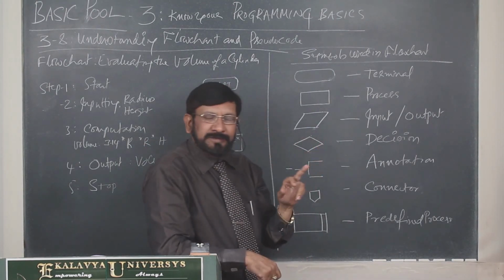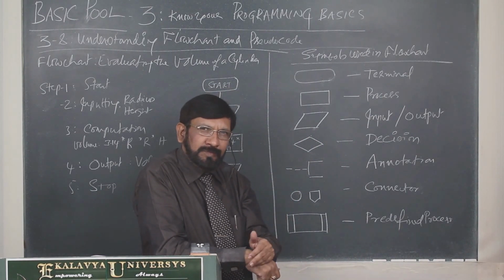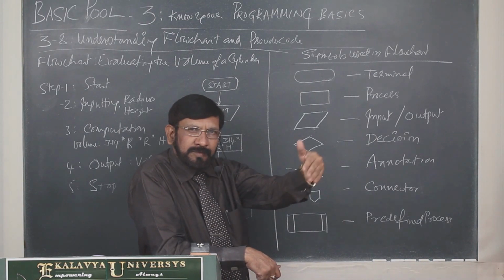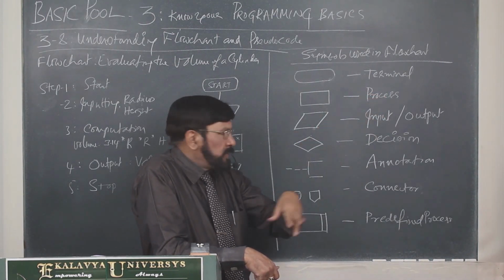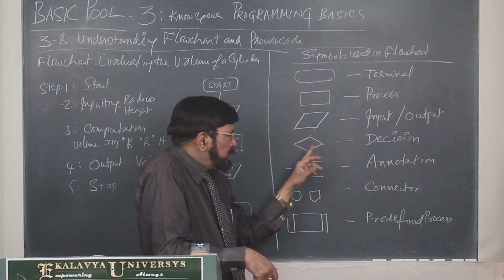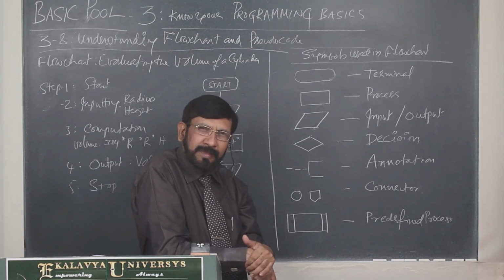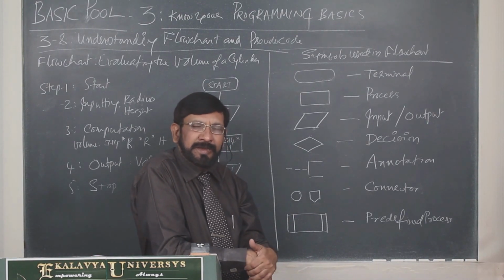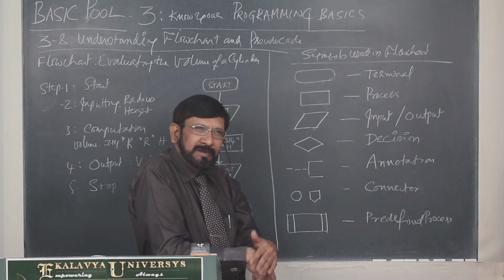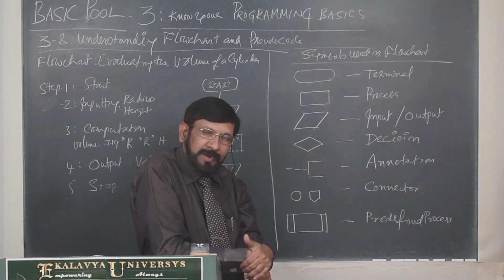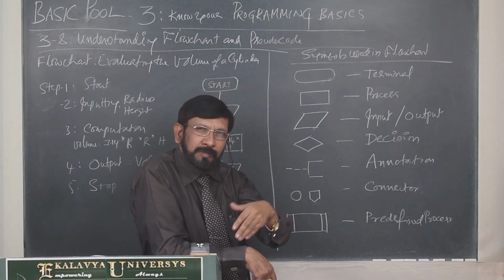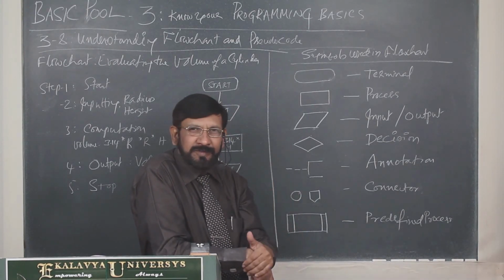And this symbol represents input and output. Actually, we have to give input to the program. After the entire process is done, output is generated. Both are represented by this symbol. And this is the diamond symbol where decisions are to be taken. Actually, simply with calculations we cannot complete the program. Several times we have to subject it to a decision, and we take up one course of action.